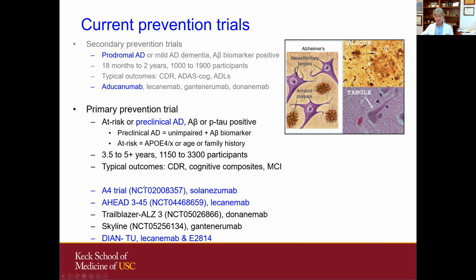There are at least 5 of these types of prevention trials. The A4 trial with solanezumab, which I'll talk about on the next slide. The AHEAD 345, which is another prevention study in preclinical Alzheimer's disease that we are doing nationally with the antibody lecanemab. There's Trailblazer with another antibody, donanemab, Skyline with another, and a study of autosomal dominant early familial Alzheimer's disease. Dr. John Ringman here works with the group of inherited Alzheimer's disease, with lecanemab. These studies are designed to try to prevent the onset of cognitive impairment and to lessen or stop the progression of